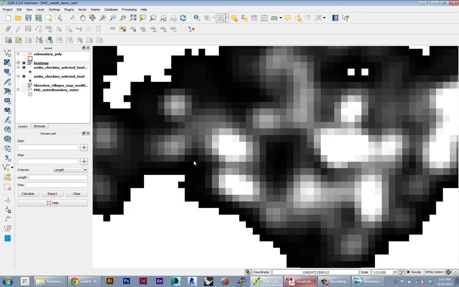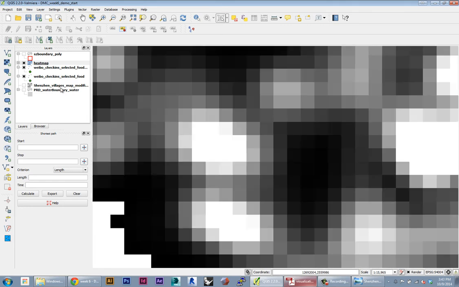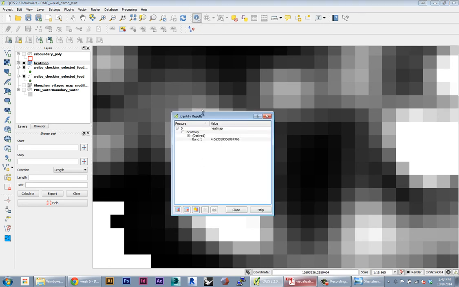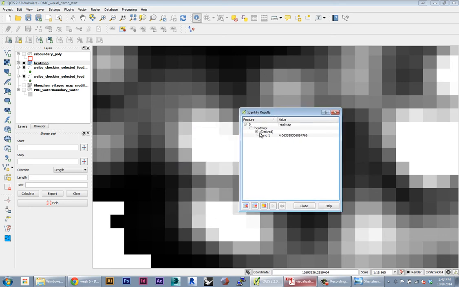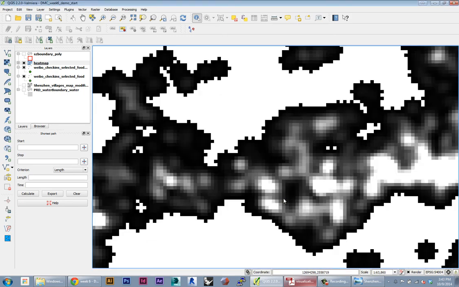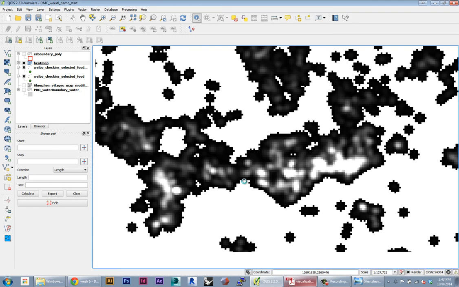All the values here, they're visualized black to white. They're actually just visualizations of data, and the data behind this is the density of points near that pixel, okay? So just like with shape files, you can investigate the data behind each pixel. You can use this identify features tool to actually click on a pixel. It's going to show you this heat map. See derived. This is just saying this is not actual data. It's an interpolated kind of derived data, and it's going to give you this number. This number actually means something. Okay. So this is the basic visualization, black to white, but we can visualize these raster images the same way